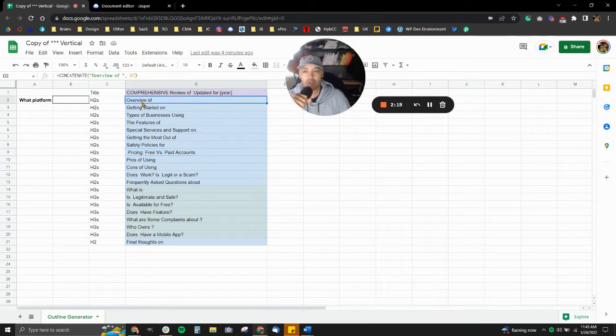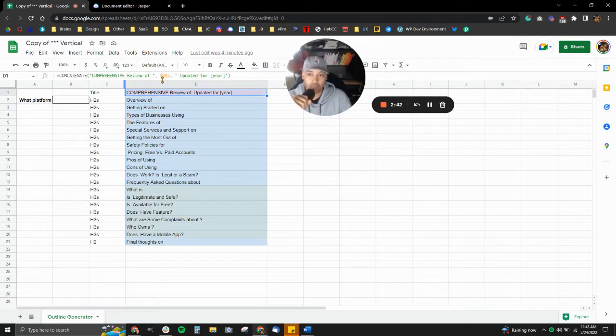And instead of overview of Chihuahuas, getting started, caring for a Chihuahua, this doesn't make sense for pets, but bear with me. Instead of putting in the word Chihuahua, because again, you can use this for German Shepherds, Golden Retrievers, Black Labs, all of the above, you want to use the concatenate function,